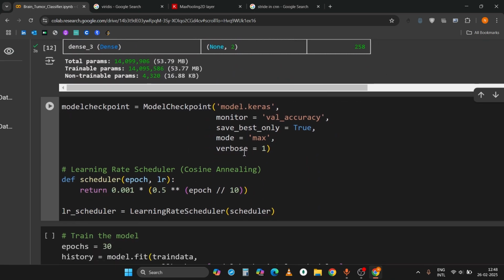Now, this is the model checkpoint. What is the model checkpoint? Basically, it saves the best model during training. Model.keras is the path where we save the model. It evaluates which metric the checkpoint has to watch: validation accuracy. Only where the validation accuracy is higher than the previous best, it will save that model. Mode max means it looks for the maximum validation accuracy. Save best only means, suppose epoch 5 validation accuracy is 50 and epoch 10 validation accuracy is 90,